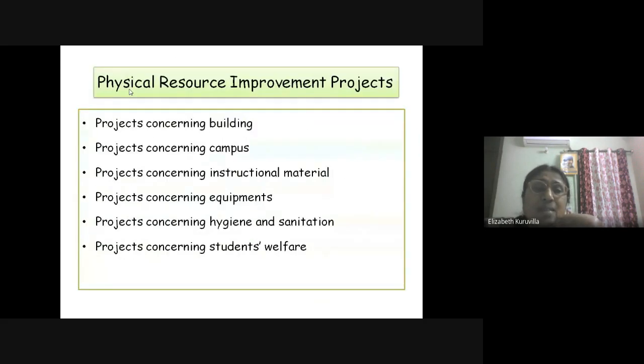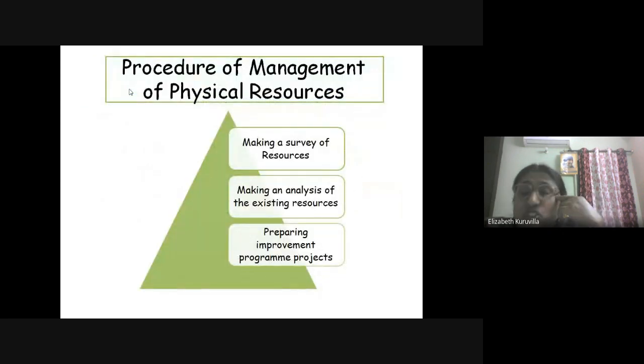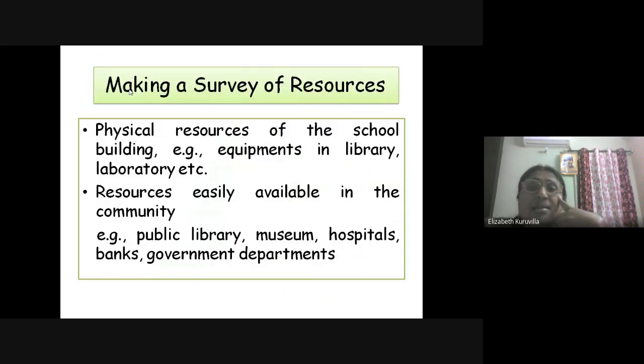So we have seen that there are different steps for the procedure of management of physical resources: making a survey of resources, making an analysis of the existing resources, and preparing improvement program projects. And what are the important things that come under the survey of resources?